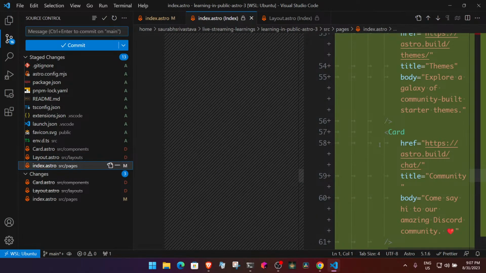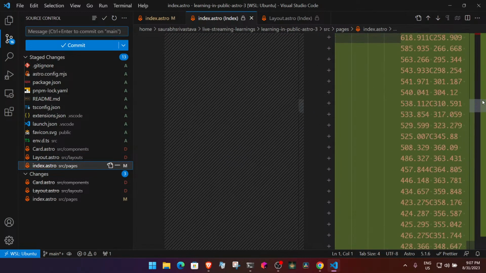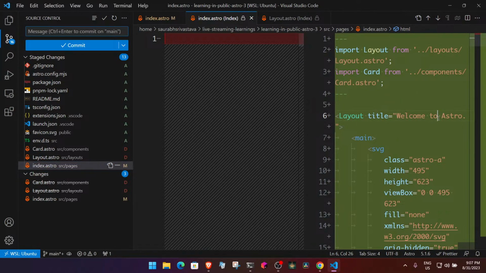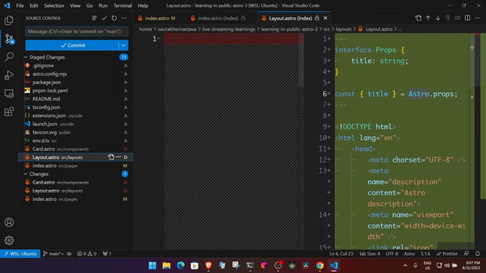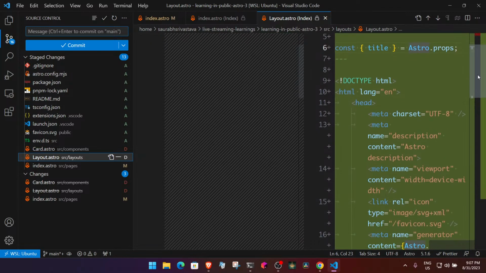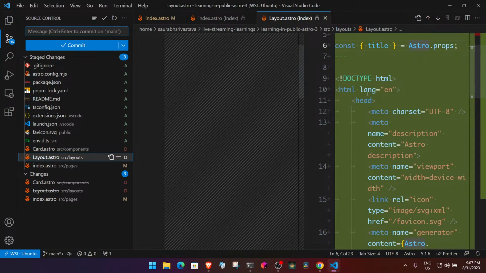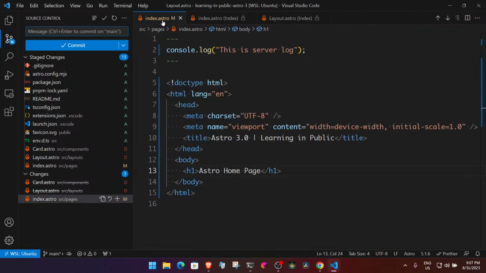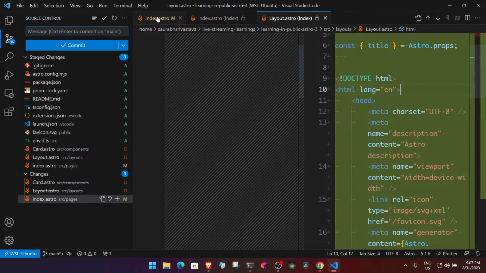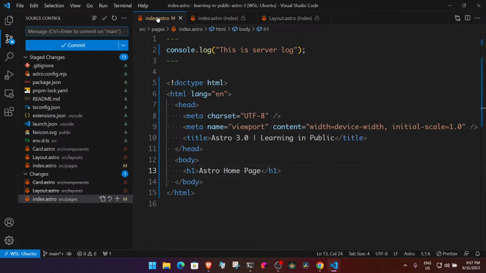Props is title. What about here? This is title. And whatever we are passing here is basically, I believe, that slot, whatever that slot is. So head goes like this. Let's see what we have. Head goes like this. We are doing this UTF. We are passing the like this. Okay, so